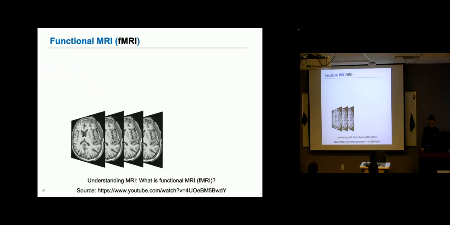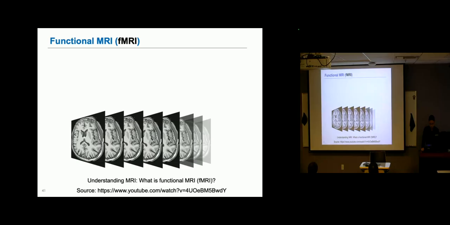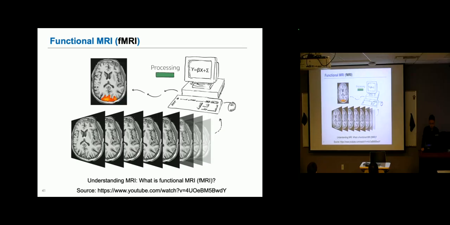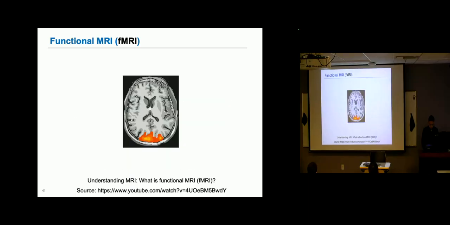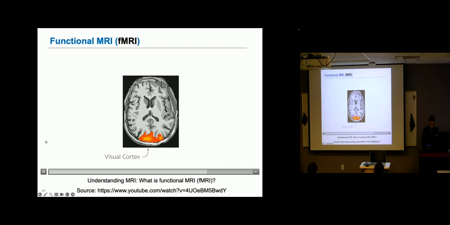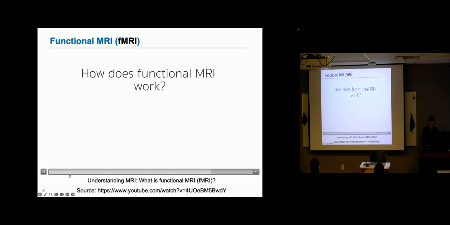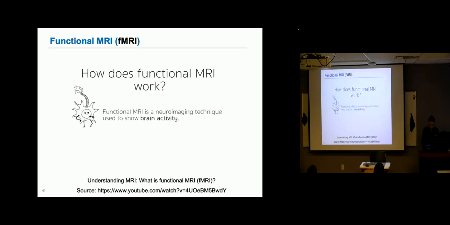In functional MRI, lots of images of the brain are taken very quickly. The images are then processed on a computer. This creates a map showing how brain activity changes when the brain is doing different things. In the example we just described, we would see a change in signal shown as a coloured blob in the back of the brain, where the visual cortex is. This tells us that this area has been working hard and using lots of oxygen. So, to summarise, how does functional MRI work? As shown in the video, functional MRI is a neuroimaging technique used to show...